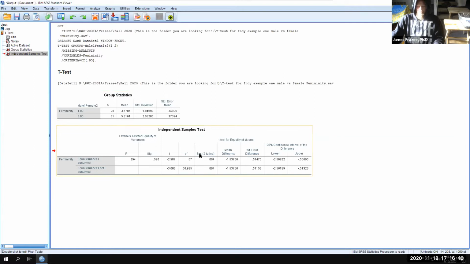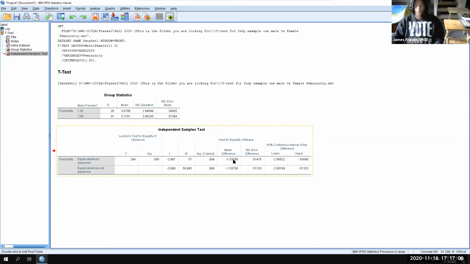And we'll see here the significance, two-tailed, is 0.004. That means 4 times in 1,000. If I sampled 1,000 times, which is a ridiculous number of times to sample things, but I sampled from a population and I measured femininity, I would get this big of a difference between my two groups. If they were this size, 28 and 31, I would get this big of a difference between their means,